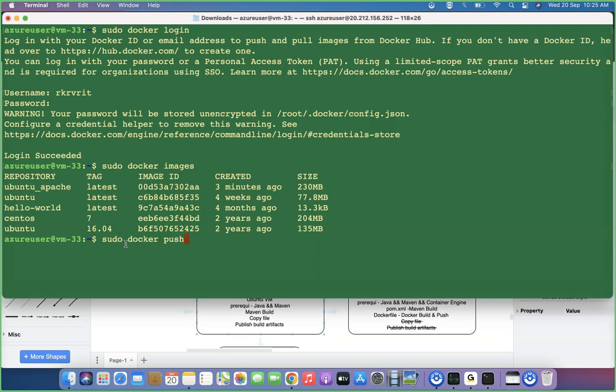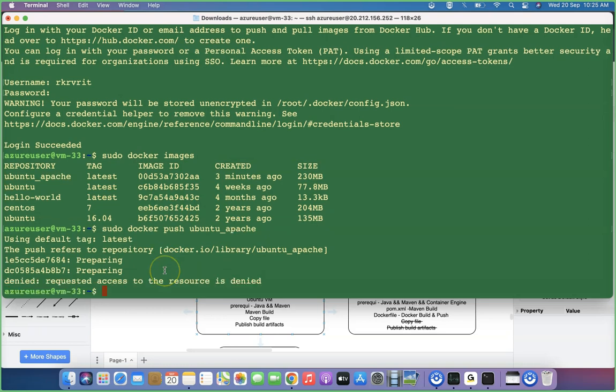You are trying to push an image, team. That's exactly what you are doing. Where exactly do you want to push? Because this is the image which you are trying to push, right? That is exactly the thing you need to understand. Okay, I'm just giving this push. Press enter. See, it is trying to push this particular thing,